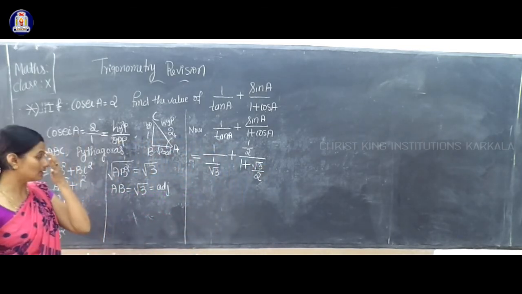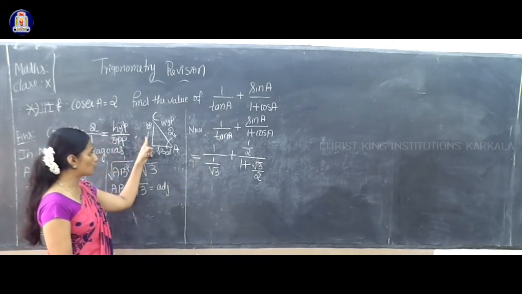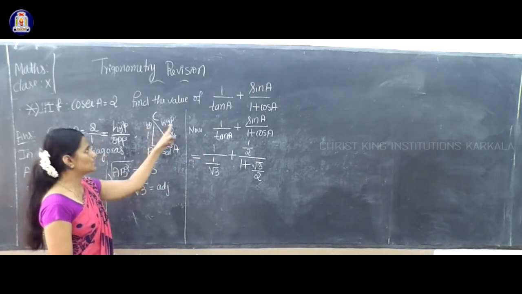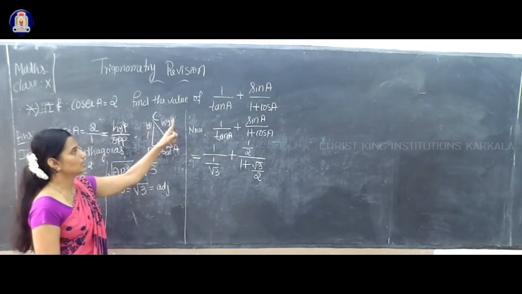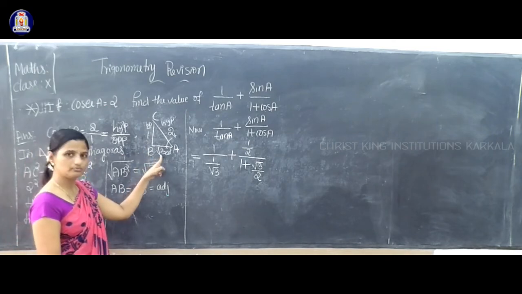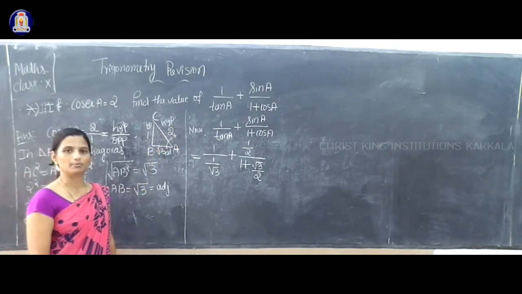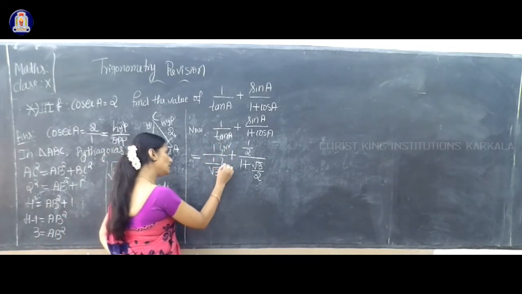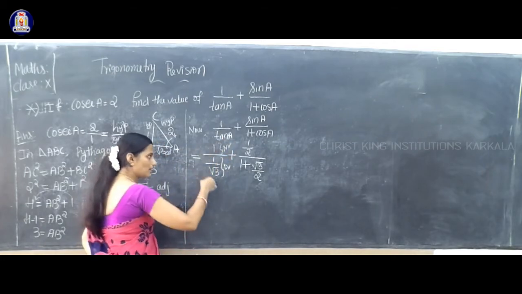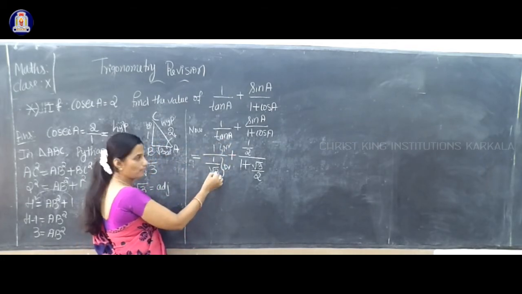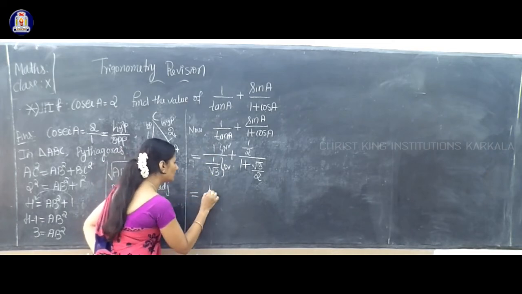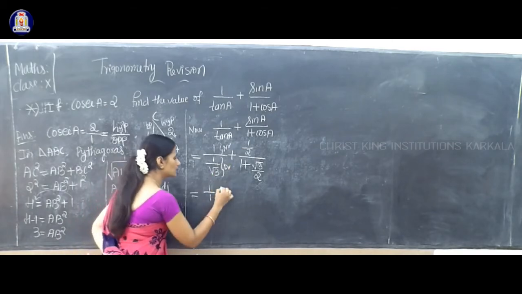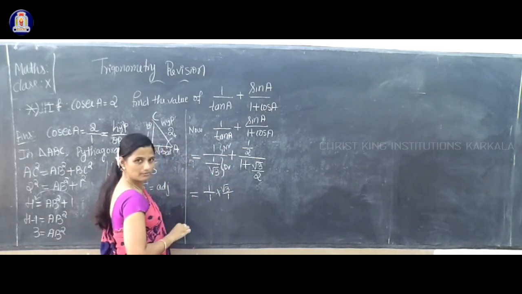Once again we check here. 1 divided by tan, which is opposite side divided by adjacent side, plus sin is what? Opposite side divided by hypotenuse side. 1 plus cos is what? Adjacent side divided by hypotenuse side, right? So this is your numerator and this one is denominator. So first part, how to simplify? Take this denominator to numerator. So numerator I am writing like this, 1 divided by 1 into denominator, this comes as what? Root 3 divided by 1, right?